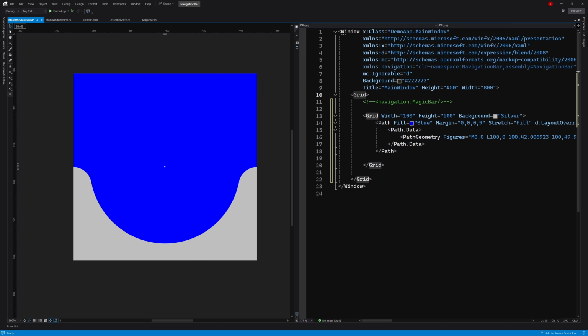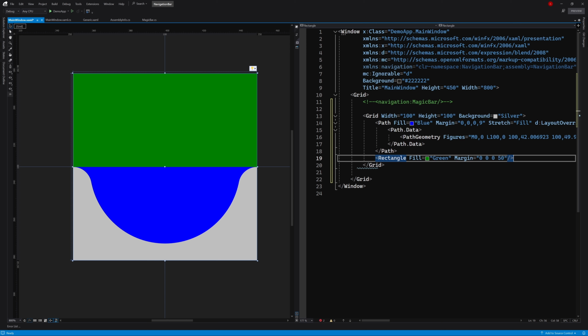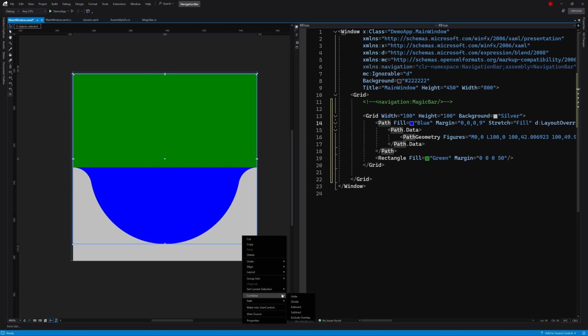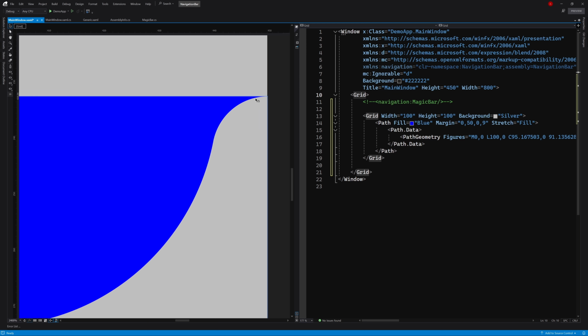So we add a green rectangle with a margin of 50. Then select the rectangle and the blue shape. Right-click and choose Subtract under Combine to get a special shape with a very natural curvature.